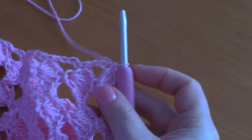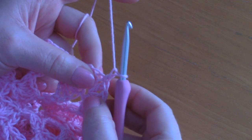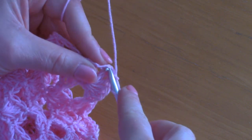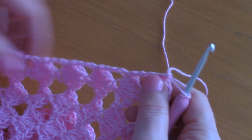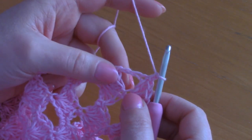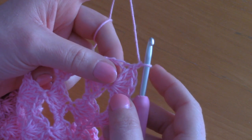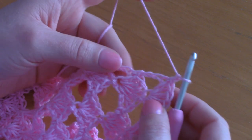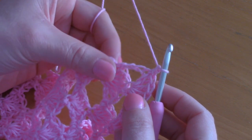So to begin this edging, just chain 1, and this does not count as a stitch, and go into the same stitch. This is the wrong side of the stitches, meaning it's the row side, so you won't have a specific stitch into which you are going to be placing a single crochet. You have to make sure that you place them evenly all across this edge, and like I said, I would place enough single crochets across this edge